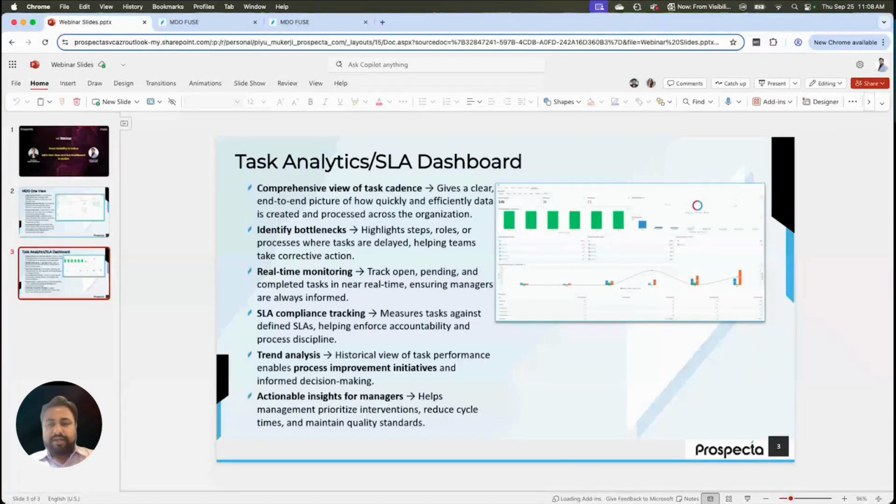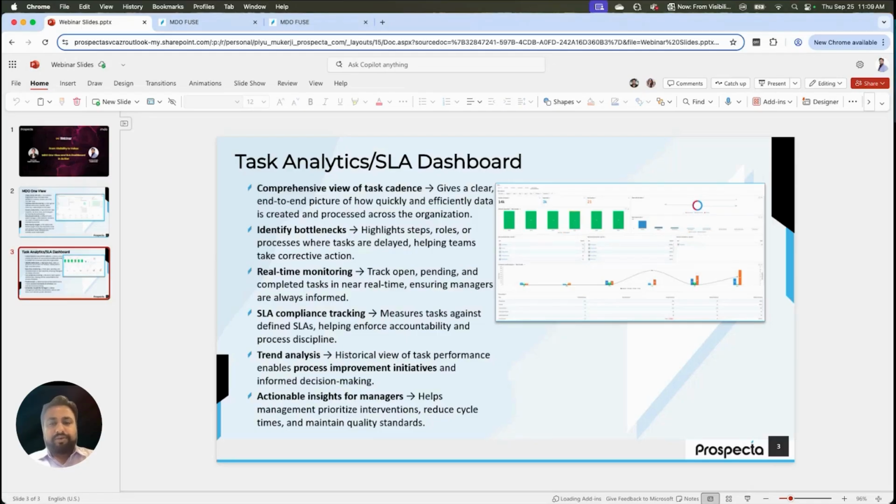This helps in highlighting stepwise, role-specific or process-specific task delays, and furthermore in monitoring the performance in real time, tracking open, pending, or completed tasks as they happen. The SLA dashboard also ensures SLA compliance, measuring tasks against the defined SLAs as per the workflows and enforcing accountability and process discipline.